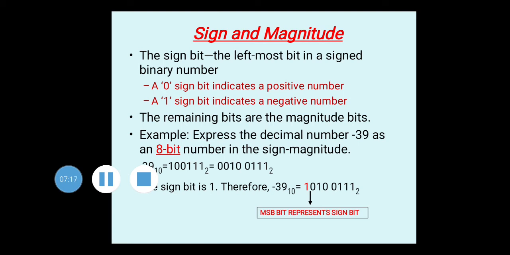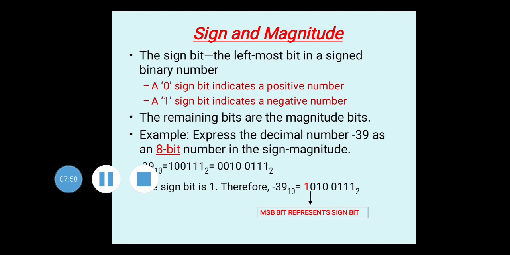Now we want to put the sign. For the sign we are using 2 zeros on the MSB side. 2 zeros are added. Now after adding this, we want to represent 39 as a negative number, so the MSB bit we are going to change to 1 as shown here. It has been highlighted in red color. So the MSB bit 0 is converted to 1, and now it becomes minus 39. This is sign and magnitude representation.